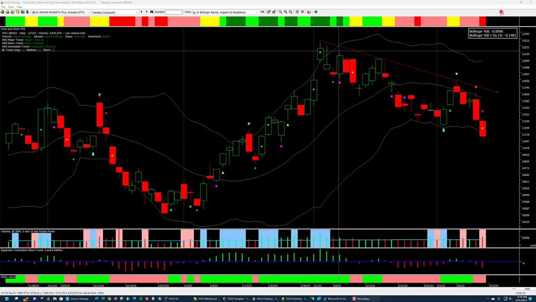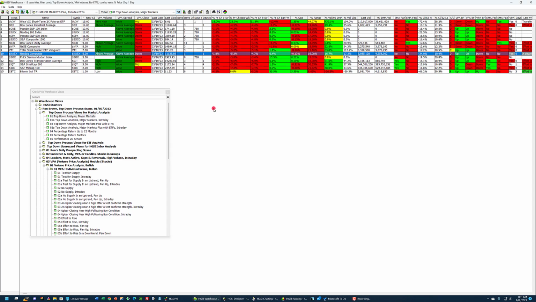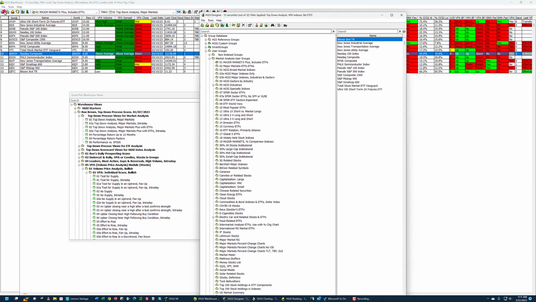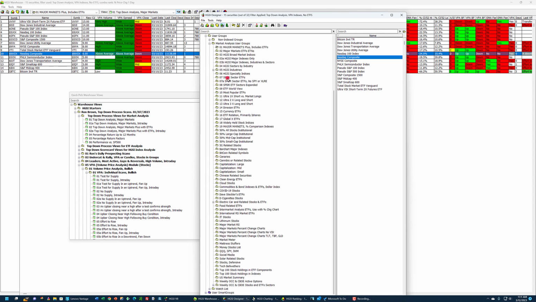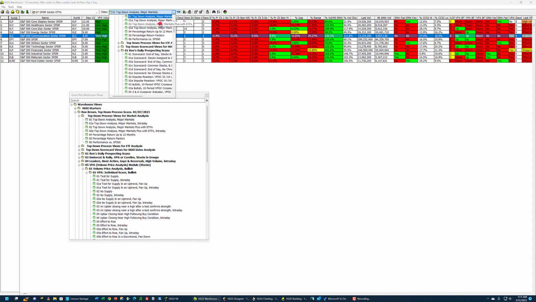Okay, now I want to get out of this, and I want to move down the list. I don't want this to get too long, as I said. So rather than just looking at the NASDAQ, I'm going to go to the spider sector ETFs, take the filter off with the shift key, and click through.